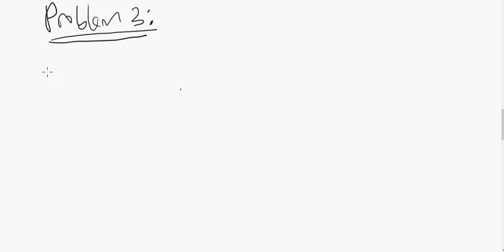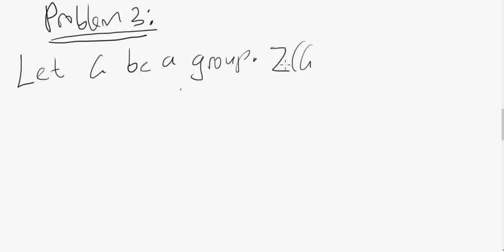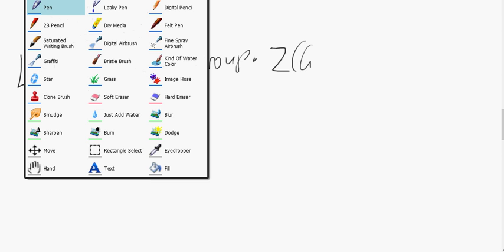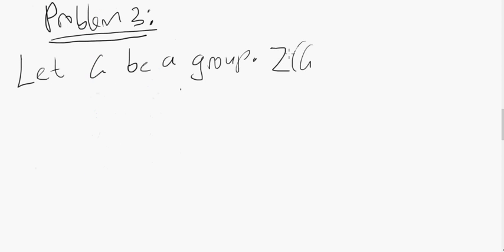So, we are going to define something, a group. Actually, we don't know if it's a group yet. But let G be a group. We're going to define something called Z of G. Z of G is called the center. So we're going to define something called Z of G,